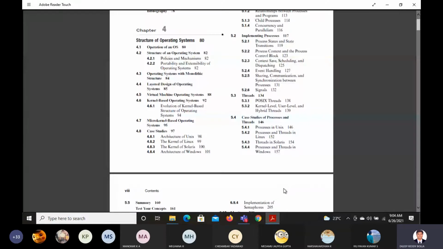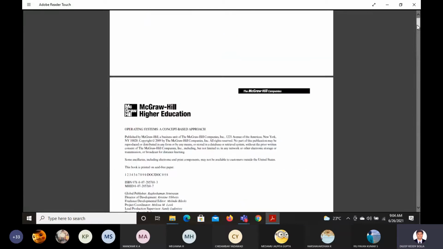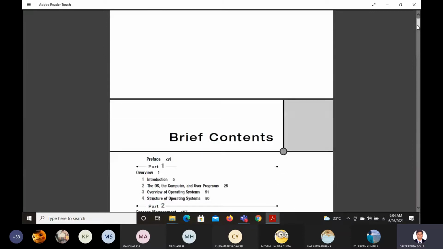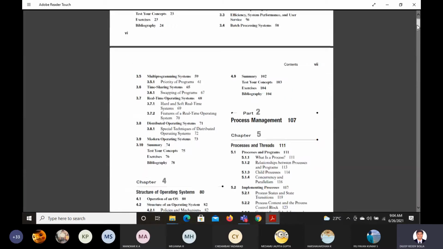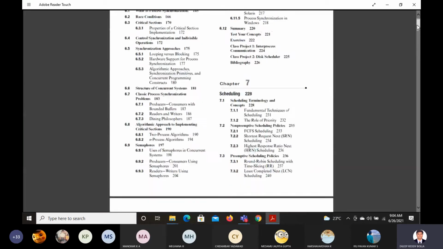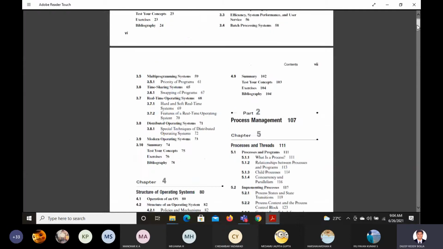Yes. So yesterday we saw the overall overview of modules 2, 3, and 4, and today we'll quickly look at the contents we have. If you have seen the textbook, you'll be aware. If not, this may give you an idea of what you're going to get. So look at this chapter 5 here.